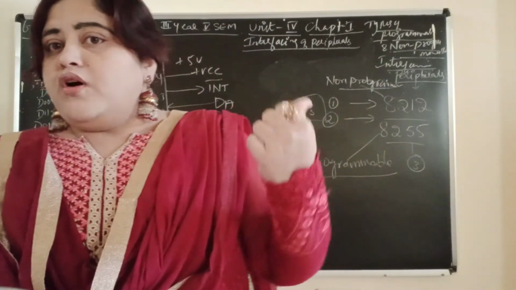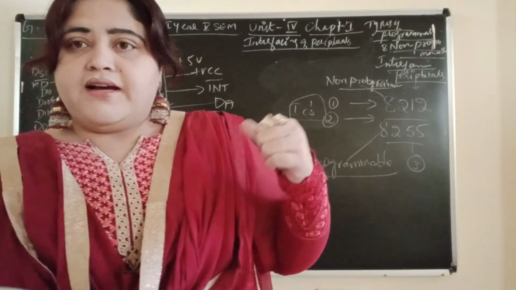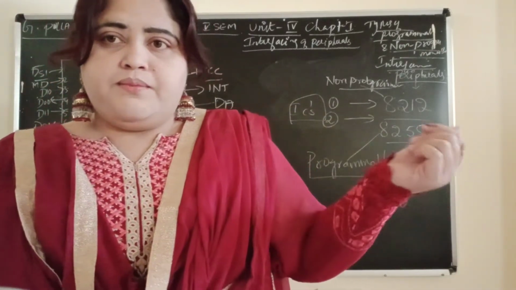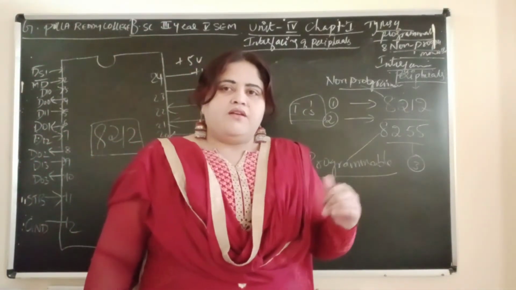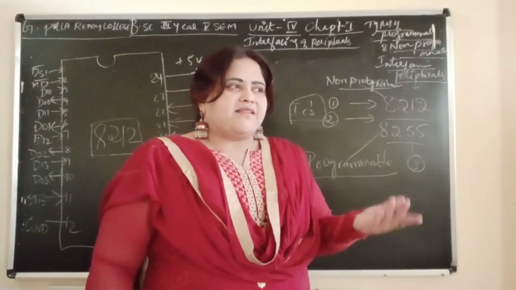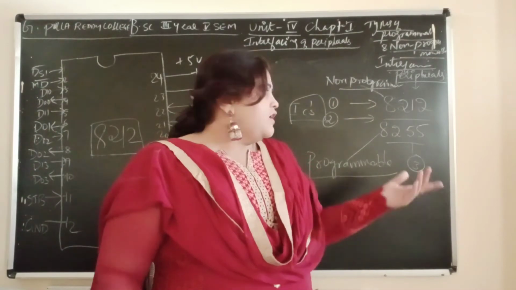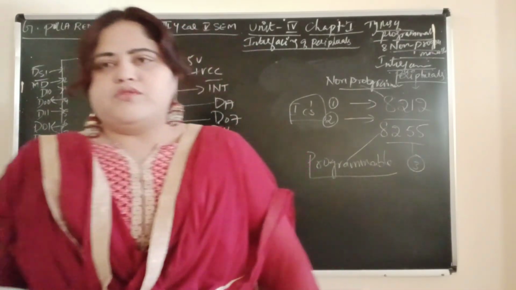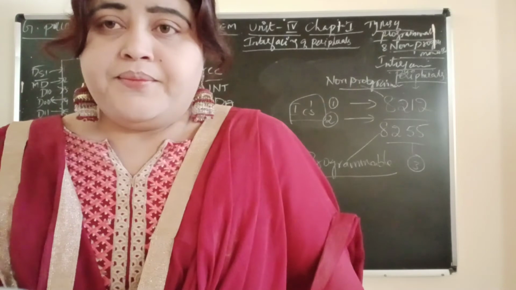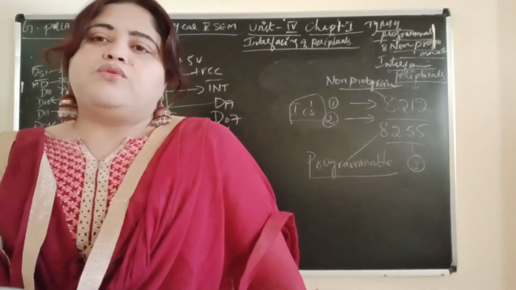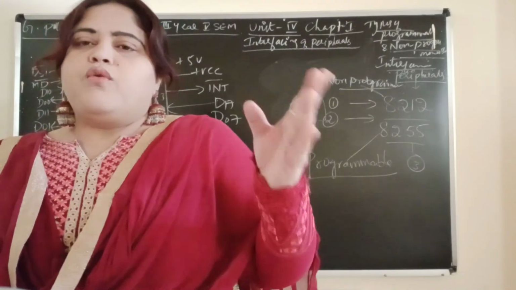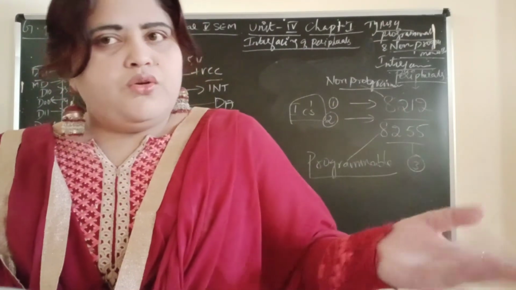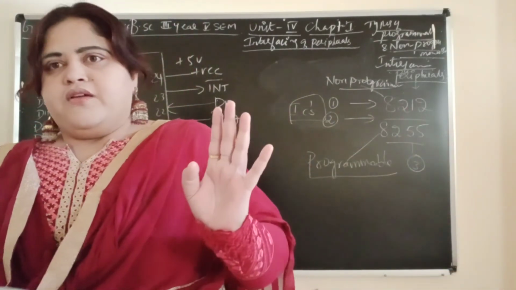On the back side you also have ports for connecting input and output devices like a scanner or printer. So the back side and front side ports are nothing but what? 8255. You can use 8255, or 8212 can also be used directly as an input and output port without programming. If you want to use it as input, you use it as an input port of 8255.